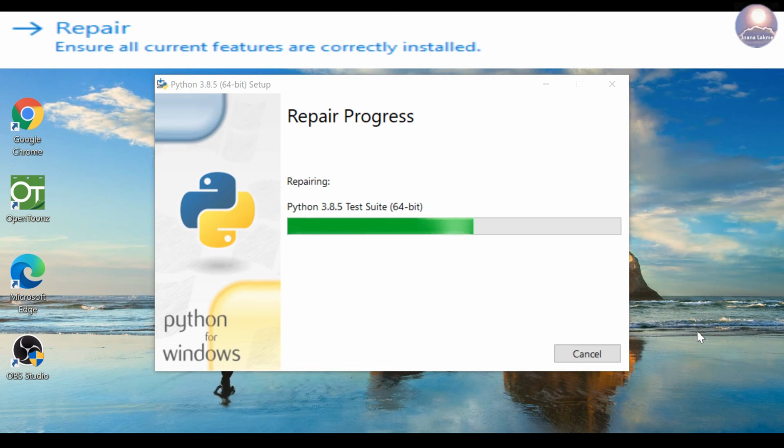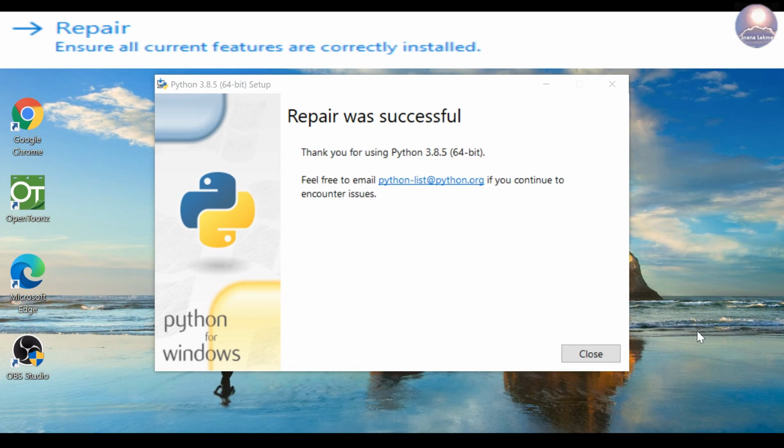Here I am skipping the installation process to save time. Generally it will take 2 to 3 minutes to complete the process, depending on your system performance. Please make sure to restart the system after repair is completed. Repair completed successfully.